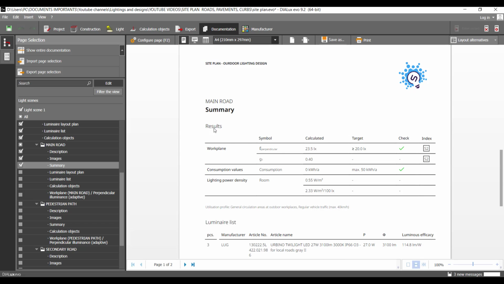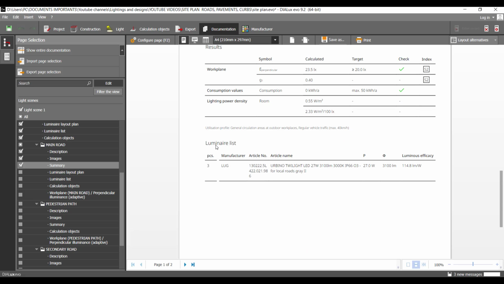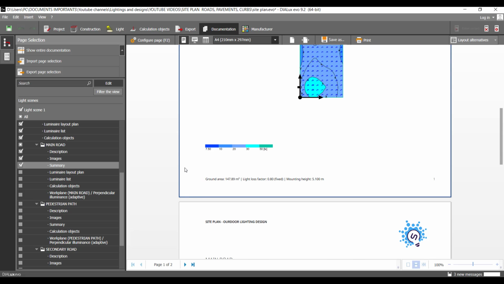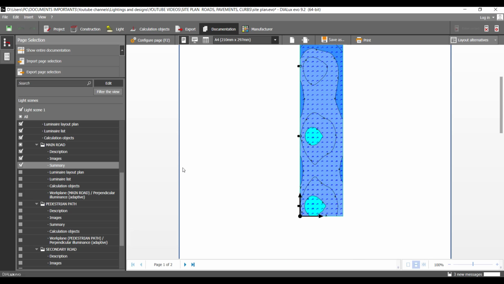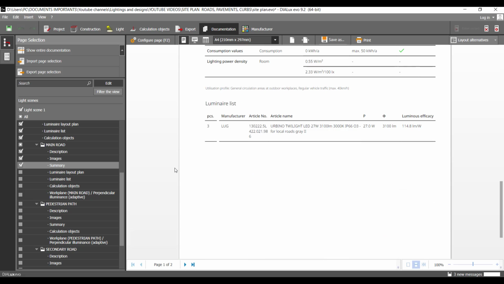Look, summary results 23, then the uniformity 0.4. It says that it's checked because the target value is 20 lux. The index is S2. Consumption values, lighting power density, luminaire list. It says that we have used 3, but this one has some limits, because I will show you why in the pedestrian path. Okay,